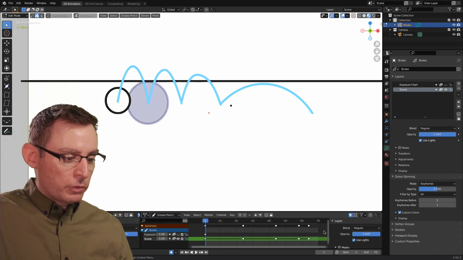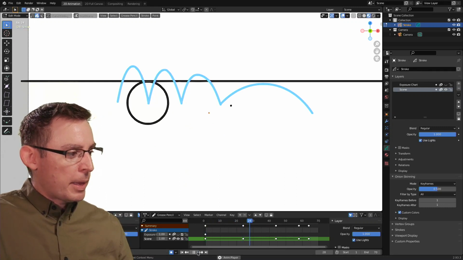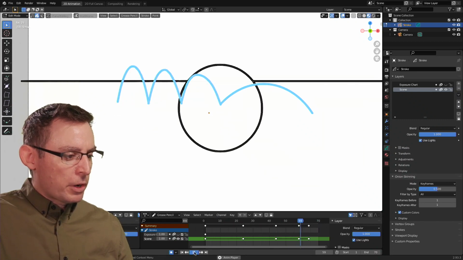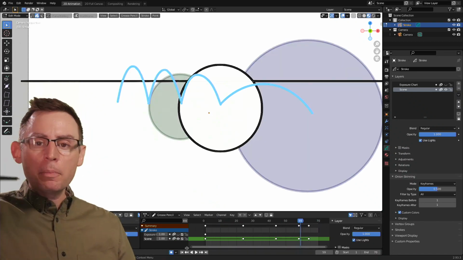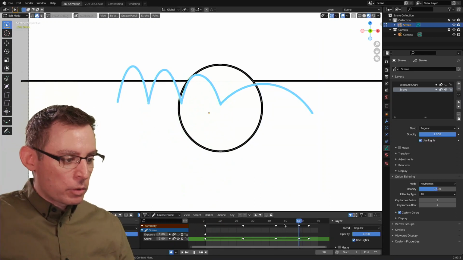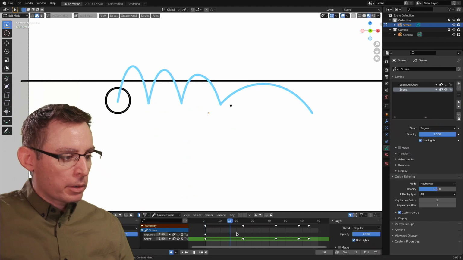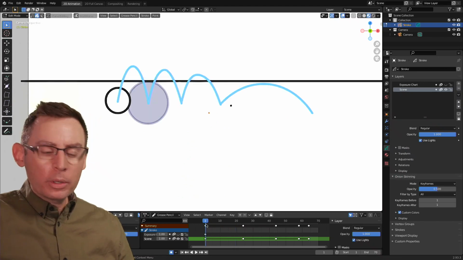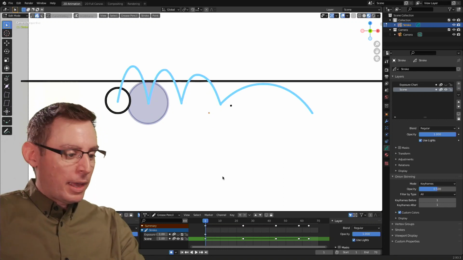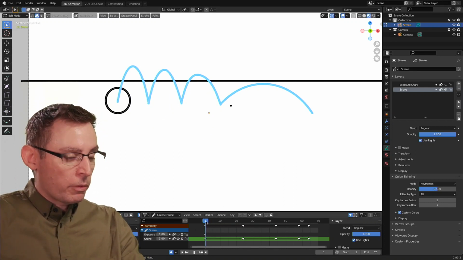So this is what I have so far. The ball is bouncing from the background to the foreground, okay? And now I need to figure out the timing of the peak of the movement. When is the ball going to reach the top of its movement arc? That's an important detail that we need to nail down pretty quickly, and then figure out the timing of that so that we can start doing all of our in-betweens.